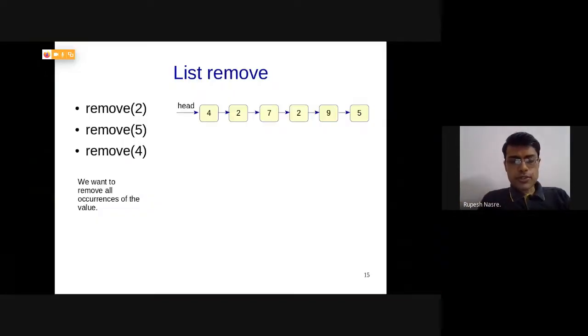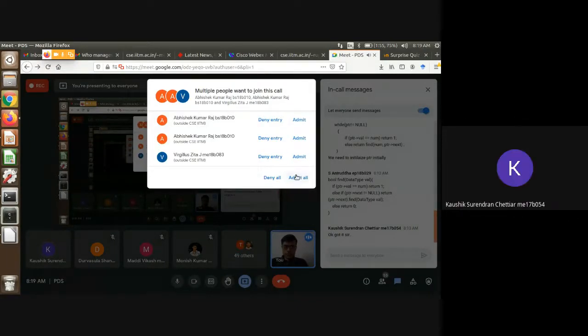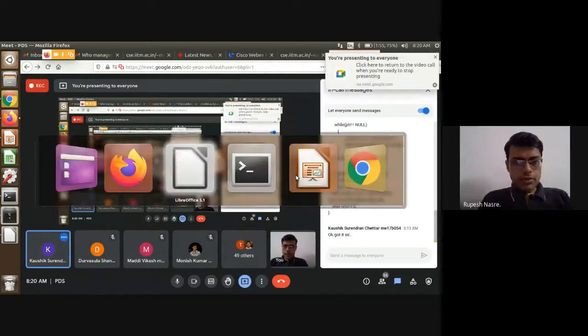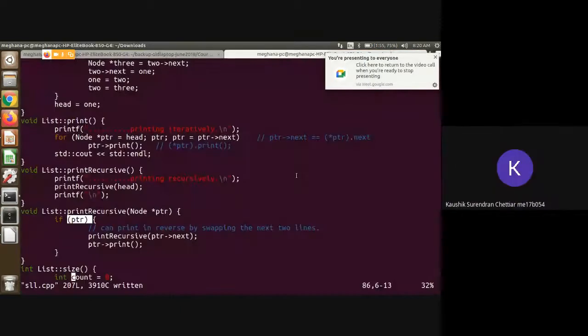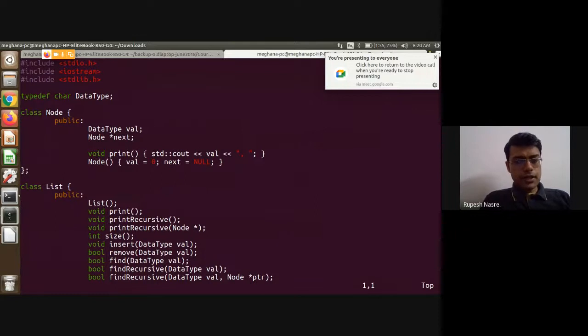And yeah, sorry, there was a question. Sir, I have a question, sir. Yeah. Sir, can you show the code once? Yeah, sure. Sir, like the second function, print recursive. Sir, like this is also coming under the list which we have. Yes. So we have defined this function also in that, sir. Yes, yes, yes. We have both the functions declared here. All the functions need to be declared.